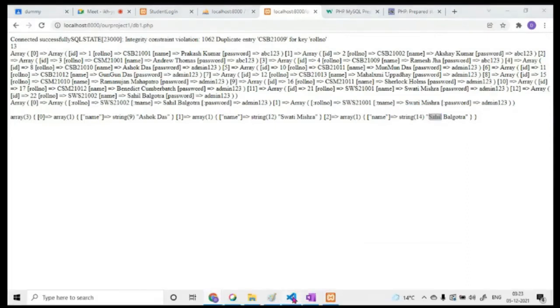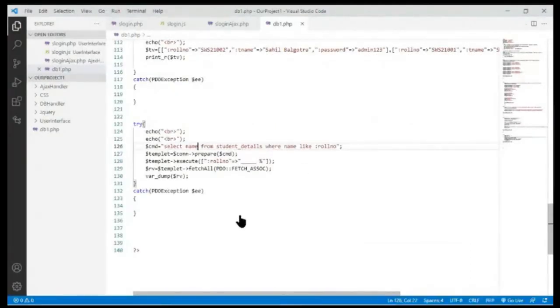Okay, great. So this is how, even if that select command is asking you to specify some input there, you can create placeholders. You can use the prepare function to create a template, and then you can re-execute the template. Like, see, suppose this one will return you all the names where this condition is met, where name like this. Okay, now if you want to change this condition, then you can change the condition here in